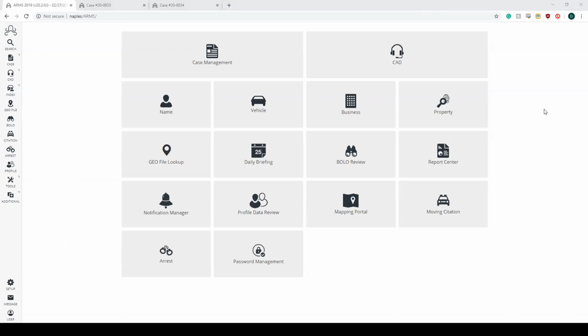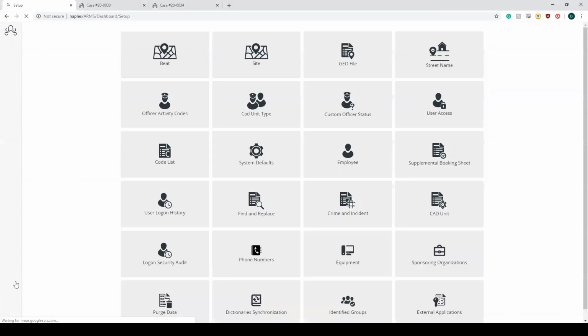One of the first things that you would need to do during the certification process is set up your NIBRS codes. So we're going to go over a little bit of that setup right now. There are some other fields that we're not going to go over, but we're going to go over the big ones. If we go to setup at the very bottom, the first one I want to look at is the crime and incident codes. So if we come over to crime and incident right here,